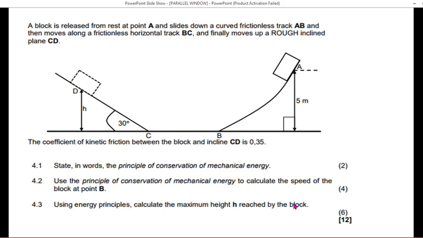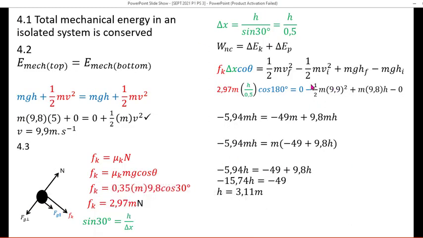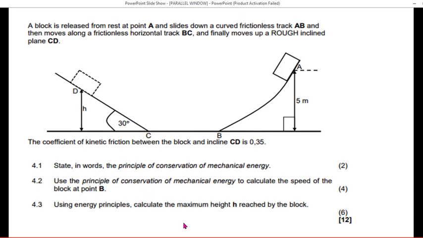So when it stops, the final velocity is equal to 0, and when we substitute that into the final kinetic energy formula, we get 0. Then 0 here minus half times the mass, we're not given the mass, times the velocity at B at the bottom, which is 9.9, plus the mass times the acceleration due to gravity times the height at point D, that is this height, h, and then minus